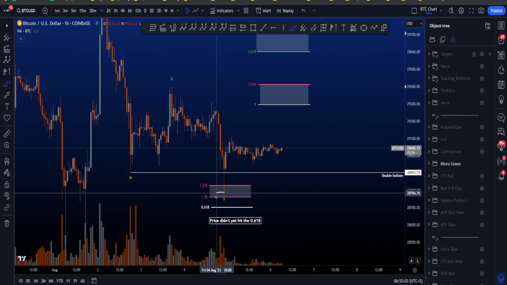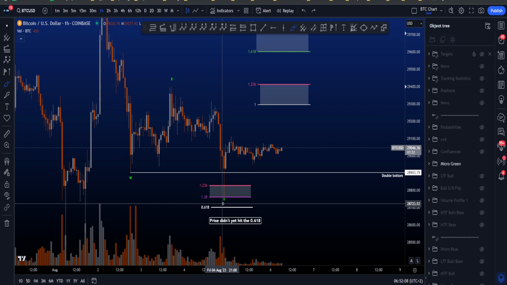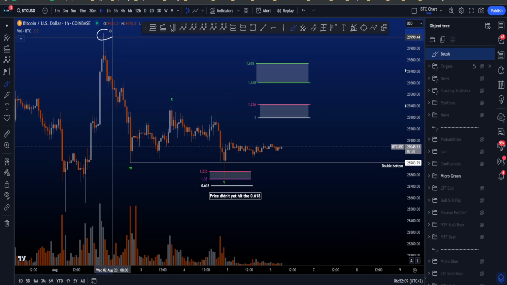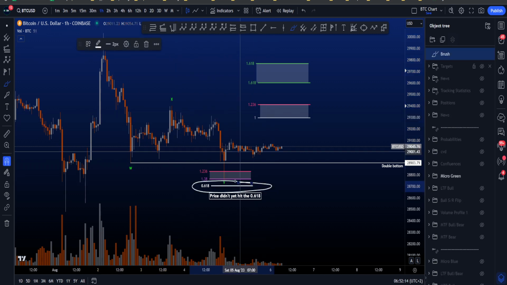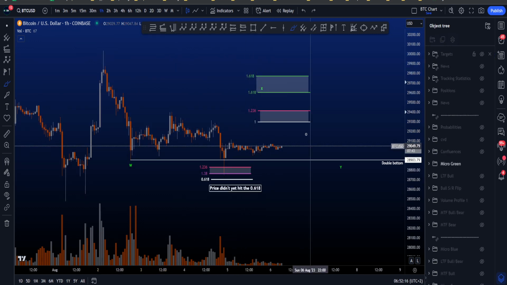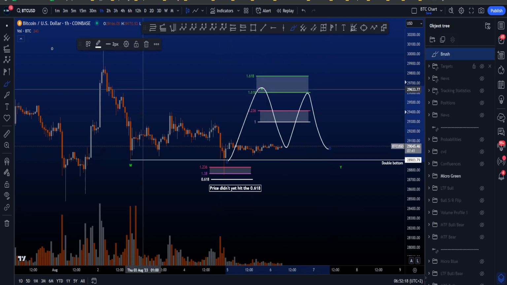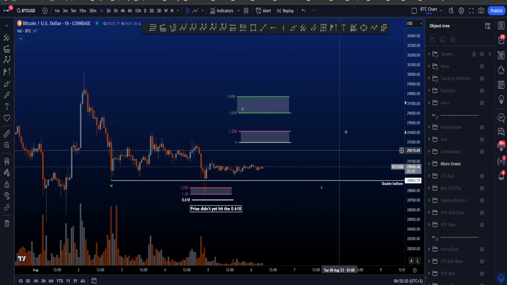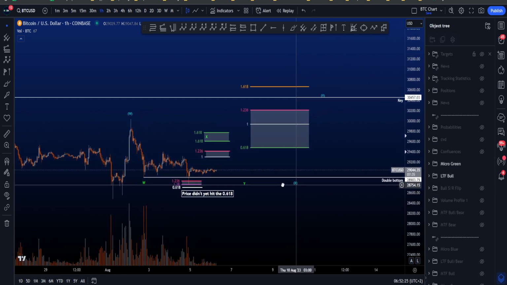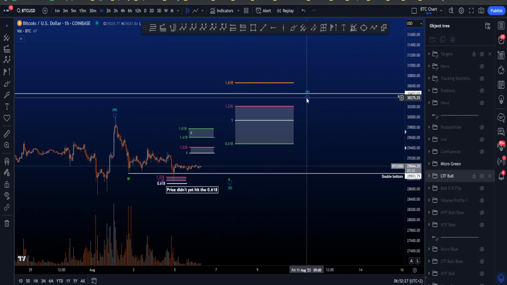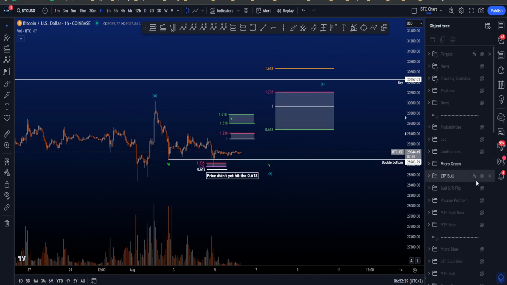Price is floating over here above the 0.618, which is a minimum target for a wave Y. So if you take a trend based fib from the high to the low of W to the high of wave X, the minimum target for a wave Y has not yet been hit. And that is the reason why I'm still thinking about a longer sideways range before then potentially moving to the upside in a bigger wave Y. So then having the blue X finished, and then you'd be looking for a wave Y to the upside over here. So we have to wait and see how price is going to react locally